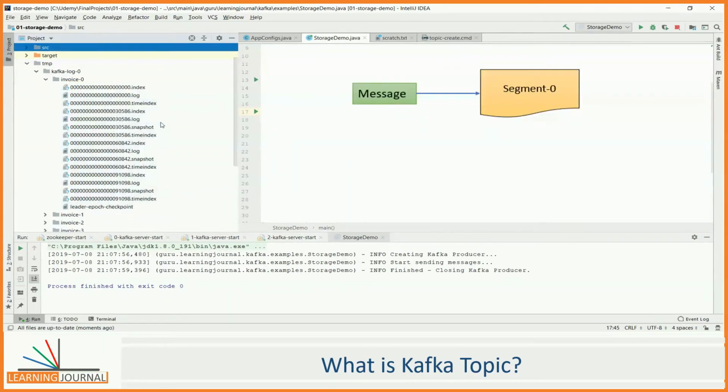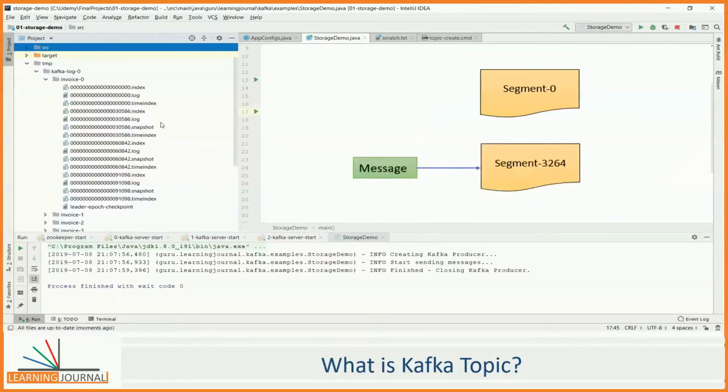When the partition receives its first message, it stores the message in the first segment. The next message also goes in the same segment, and the segment file continues to grow until the maximum segment limit is reached. As the Kafka broker is writing to the partition, if the segment limit is reached, it closes the file and starts a new segment. That's how we get multiple segment files in each partition directory.